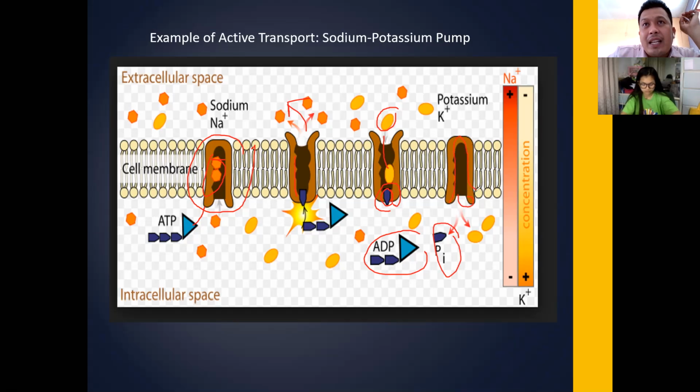Normally, the structure, through the act of ATP giving the energy to this membrane, will ignite an action by opening the outer wall and then closing the inner wall. And then these sodium ions, which are inside the protein channel, will go out of the cell, and potassium will replace them inside of this protein channel. Again, the better view of this one is an animated presentation using YouTube videos.